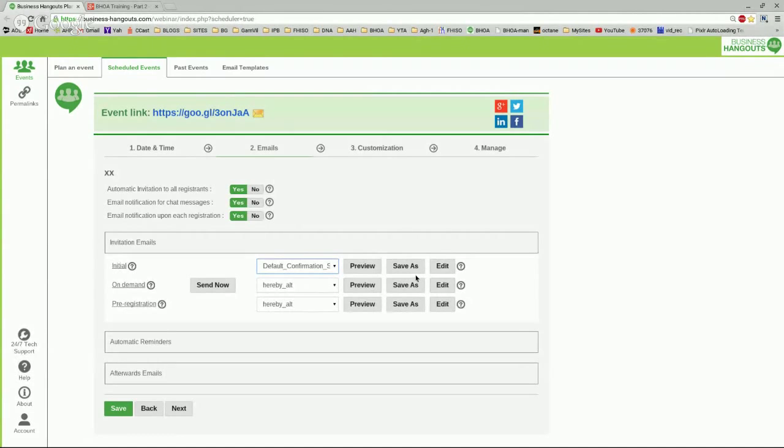Like I said, the first thing you want to do is do not edit your original. You always want to save it first as something else. So in this case, I saved it as an edited version instead of the default confirmation. I said edited default confirmation. Once we've got that edited default confirmation, you can preview it and see what it says, and there is